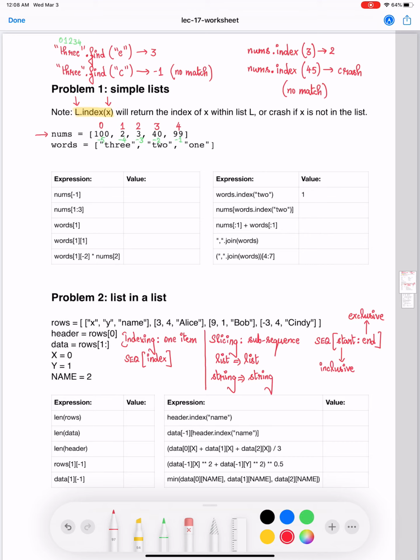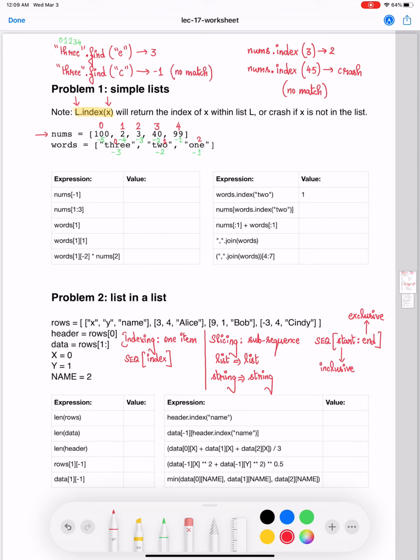Similarly, the string "3" is going to be at index position 0, string "2" is going to be at index position 1, string "1" at 2. String "1" is going to be at index position -1, "2" at -2, string "3" at -3. I would strongly encourage all of you to go through each of the subproblems on your own before you watch me go through the subproblem. So please try out a subproblem by pausing the lecture video and then come back and watch me go through the subproblem.